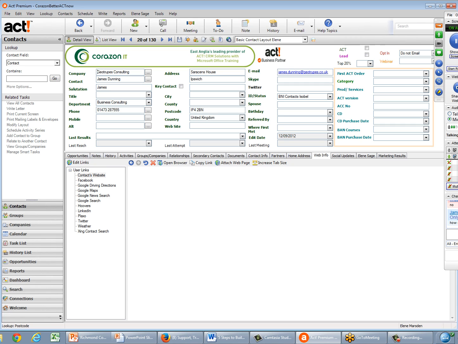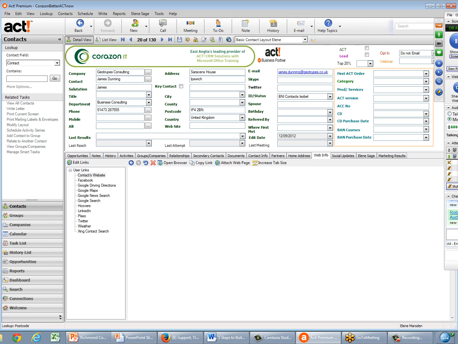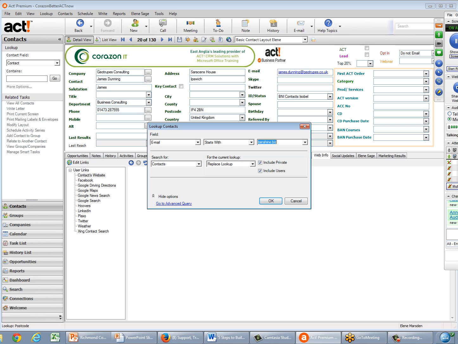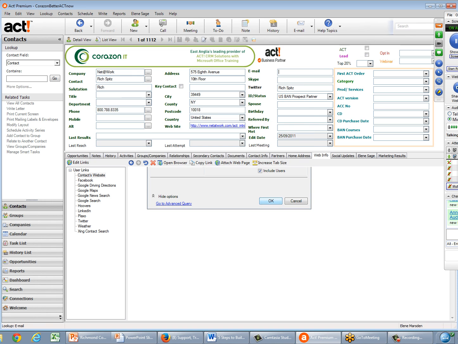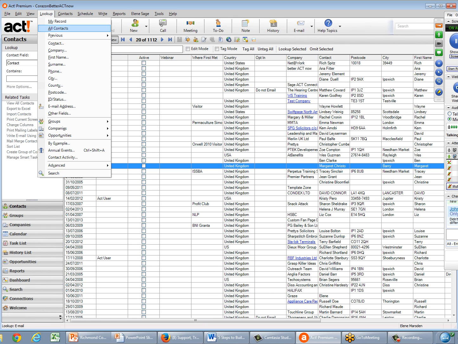That quick lookup. New to me, James. Okay, it's really good. It saves you having to go up here, look up, come down here to the field and struggle away. You literally can, let's say I want to go to my email, right click, look up email, look up everybody that hasn't got an email. Does not contain data. Who has not got an email in my database? Quite a lot. Over 1,000 haven't got emails, but never mind, I'm working on that.